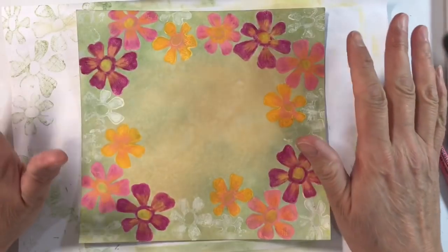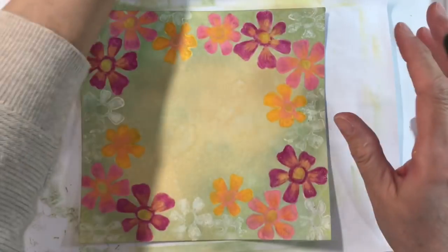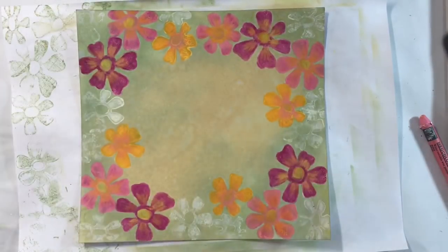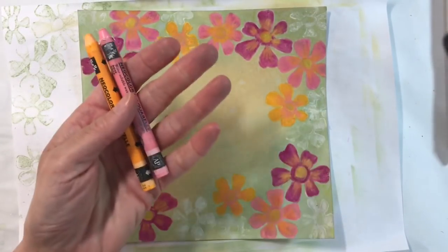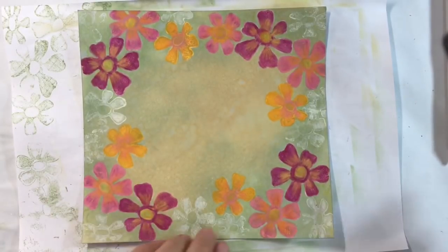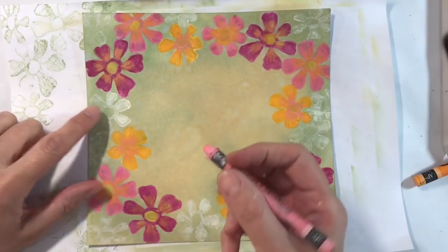Halfway through colouring my page, and I decided to abandon these colours here. I just felt that it would be too busy and just too much. I just wanted this to be cohesive. I've just added some orange flowers, and I used the orange and this lighter pink here just to blend those flowers out. And now I'm going back to the pink just to fill in the flowers in between again,